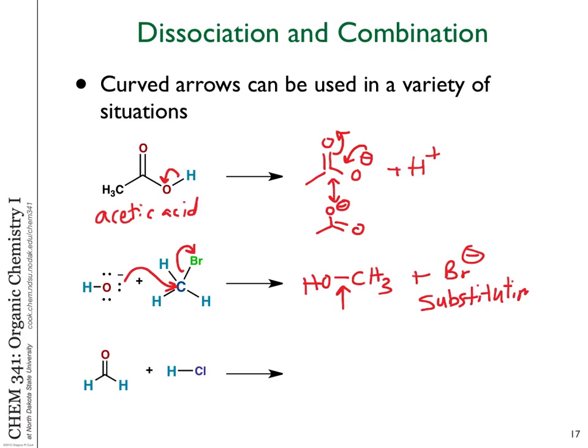The last example here is an acid-base reaction again, and it's a protonation. So something like you have HCl, acid, you have oxygen with lone pairs, which could be a base. You could draw it this way. And the products here would be